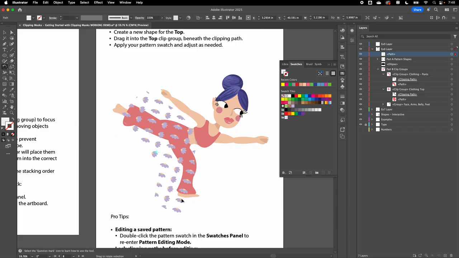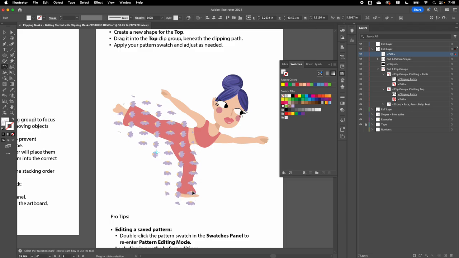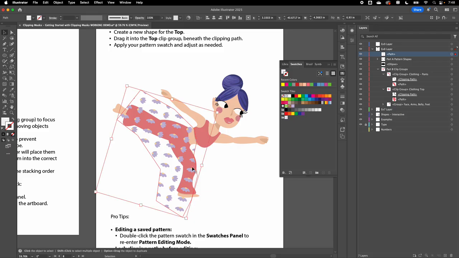And I could then also go in and rotate it, and I'm just doing this very roughly here, but finding something that I think is going to look decent on this outfit here,